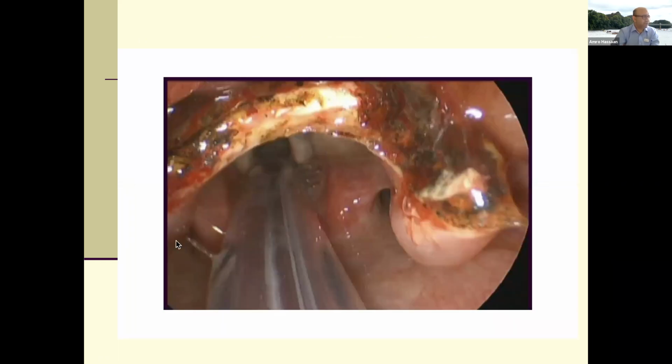And that's the epiglottis partially resected. You can see that's the edge of the resection. Those are the vocal cords down there, which have come into view, otherwise that epiglottis may have been blocking that view off.